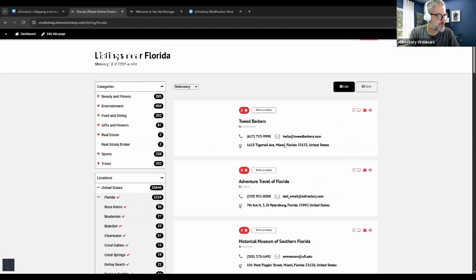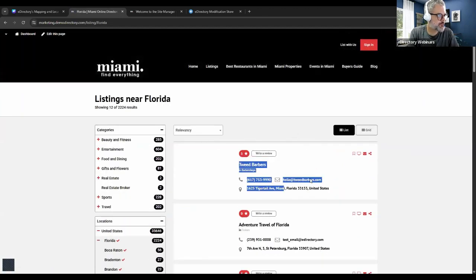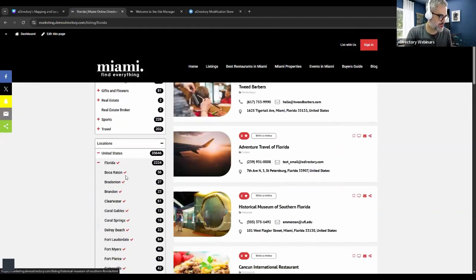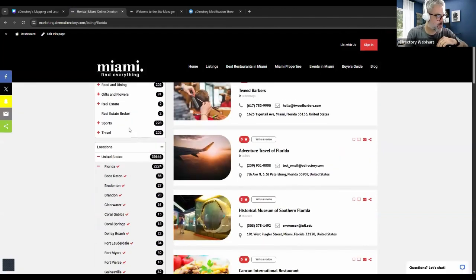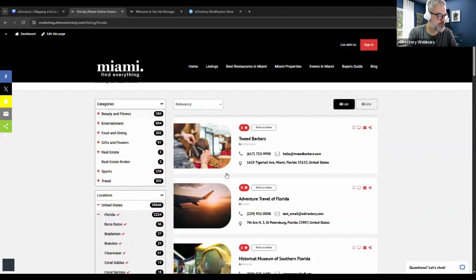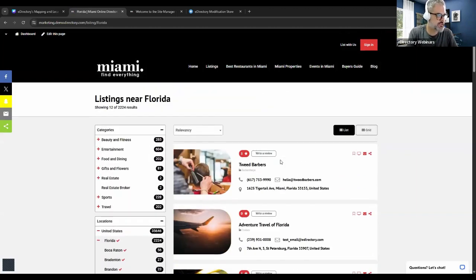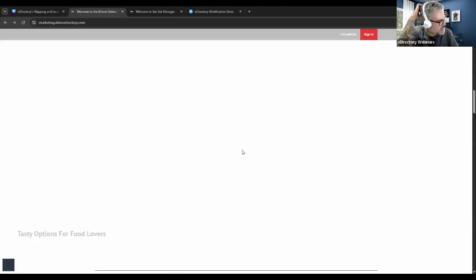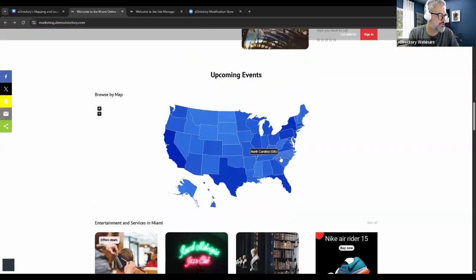Yeah, so everything to do with Florida will be gathered together here by location. So I'm taking all the categories that I have on my website, and they will show up here. So that's the functionality of this plugin. Let's go back to the home page and I will show you the tailored map, which is another way